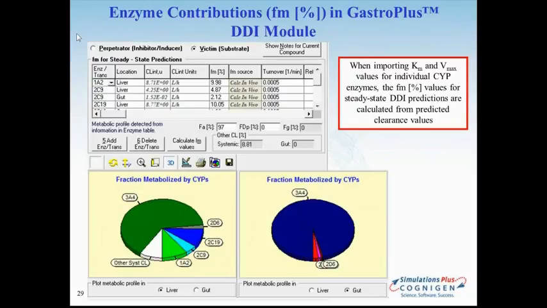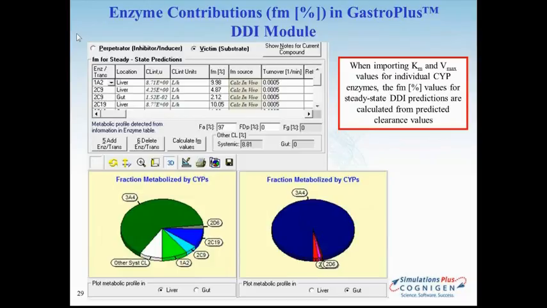So as you import structures into GastroPlus and you decide to utilize those enzyme kinetic models now available from ADMET Predictor, you will also have populated the DDI module, and you'll be able to see what are those FM percentages estimated within that CYP enzyme family,